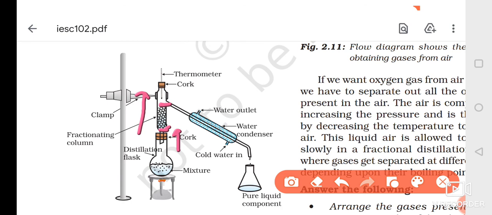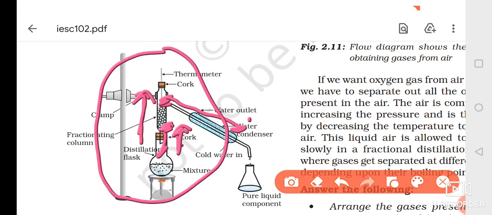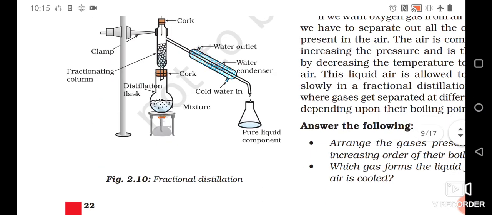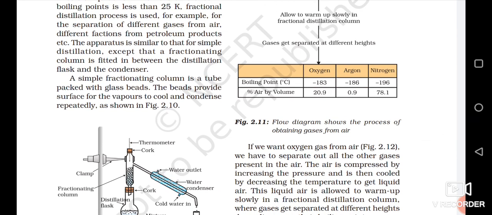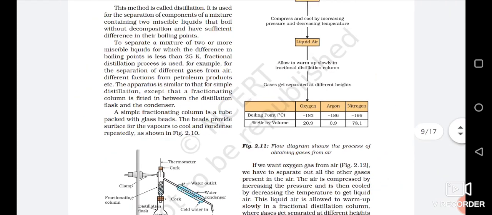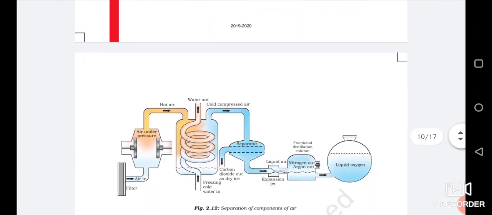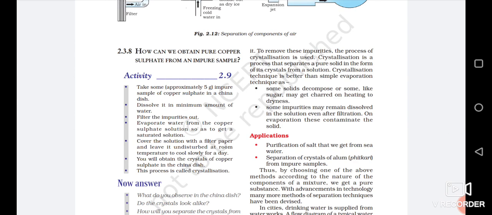At 80 degrees Celsius only, alcohol will come to the top of the fractionating column, move to the condenser and separate out. Meanwhile the water will keep on forming vapors and getting condensed, moving back, forming vapor, getting condensed, and will not be able to reach the top of the fractionating column. That is the purpose, and that is why we use fractional distillation to separate the liquids. So make sure that you remember the principle of all the separating techniques and their uses to fetch more marks in the exam. It is very important.